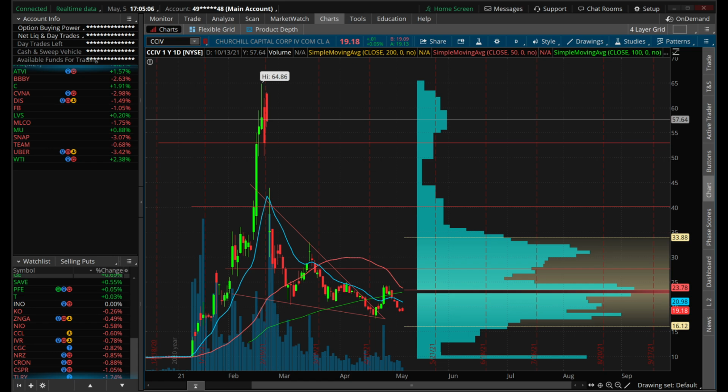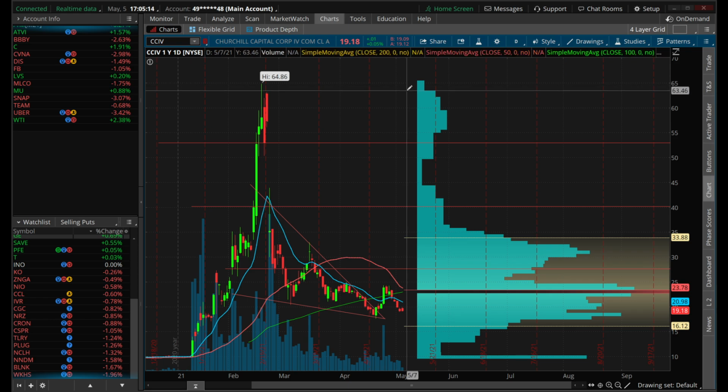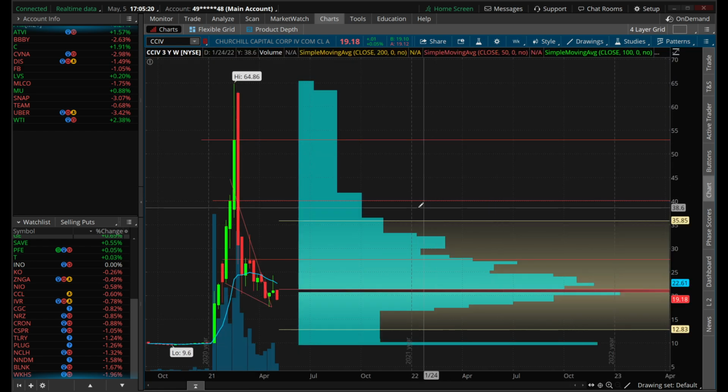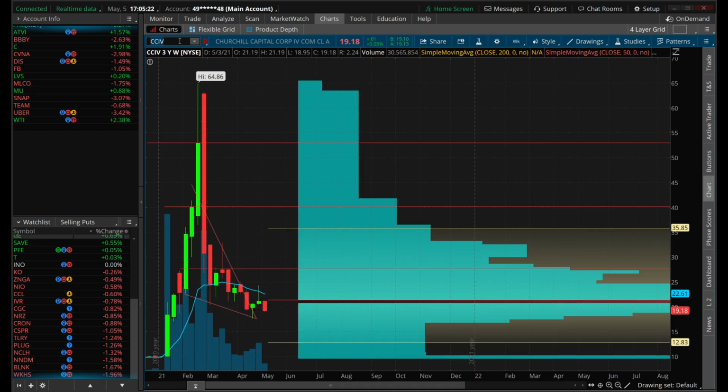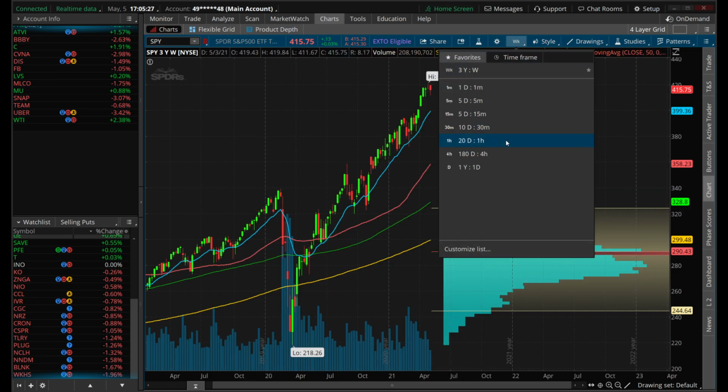Here we go. So you guys have probably seen me use this. This is TD Ameritrade Thinkorswim. I love this. I've been using TradingView recently because I think it's better to teach with, but this is the volume profile here, and what's cool about the volume profile is this will change dependent upon what time frame I'm looking at a stock. So let's just go to the S&P 500, and this will change to whatever I set